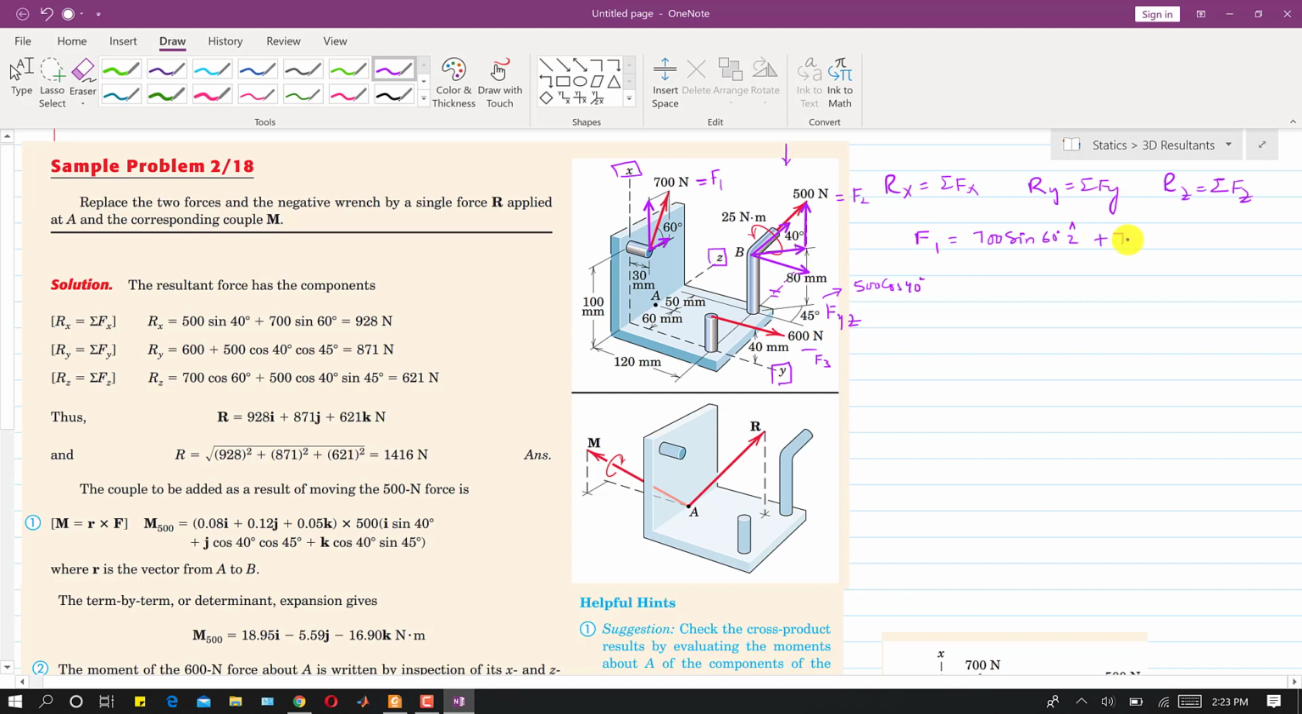Plus 700 cos of 60 degrees along k, and there is no component of this F1 along the y axis, right? So this F1 has only two components, and this is the vector representation of that force F1. Now if you want to represent this F2 force in terms of its components,